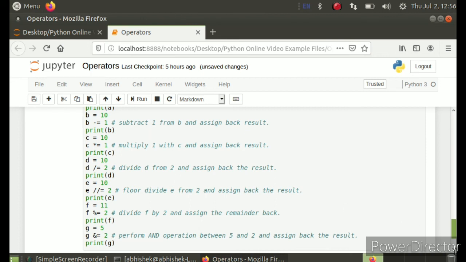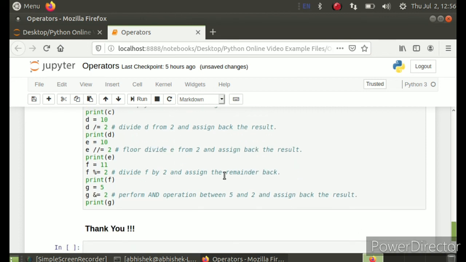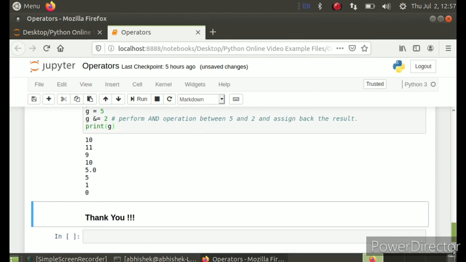Earlier it was a equal to 10, and now after running this it will become 11, because you have not only incremented it but you have also assigned it back. Let me run this. Okay, you can check these assignment operators for many things: subtraction, division, multiplication, and logic, remainder. Okay, so this was all about operators.